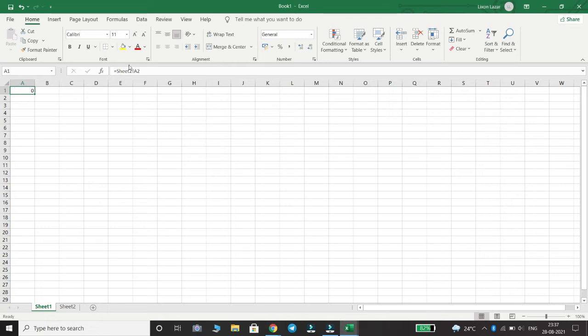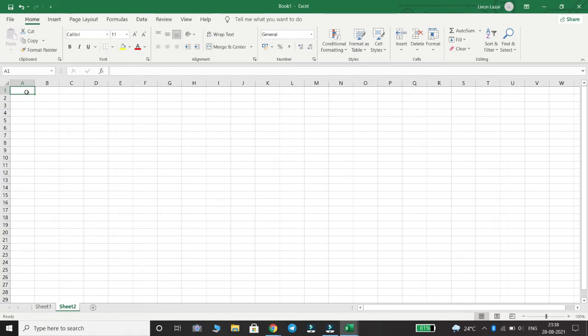Here you can see the formula Sheet2!A2. The exclamation point separates the worksheet portion of the reference from the cell portion. This is worksheet 2 and this is the cell portion. The exclamation point separates the worksheet and cell.